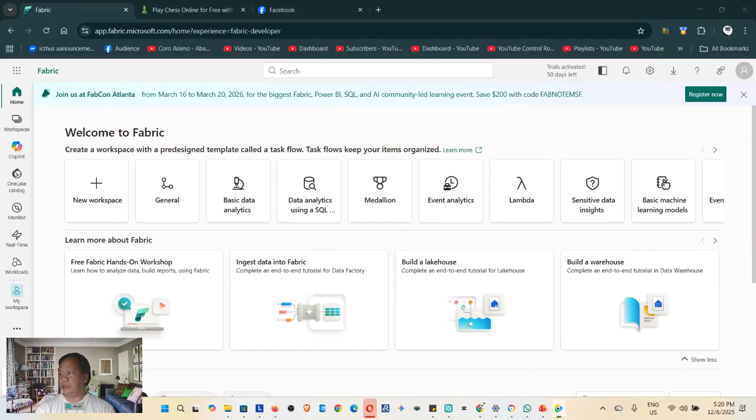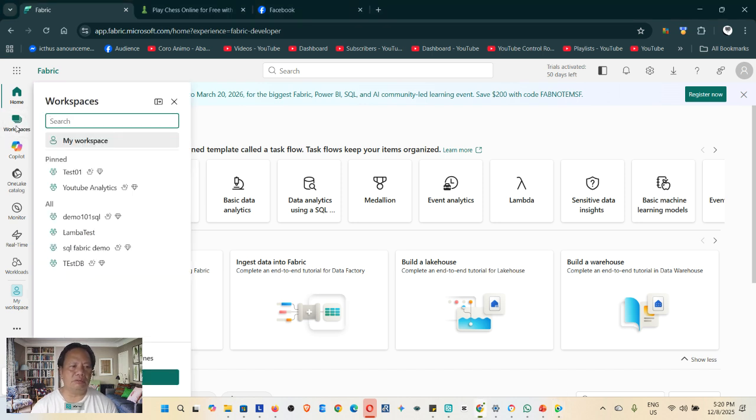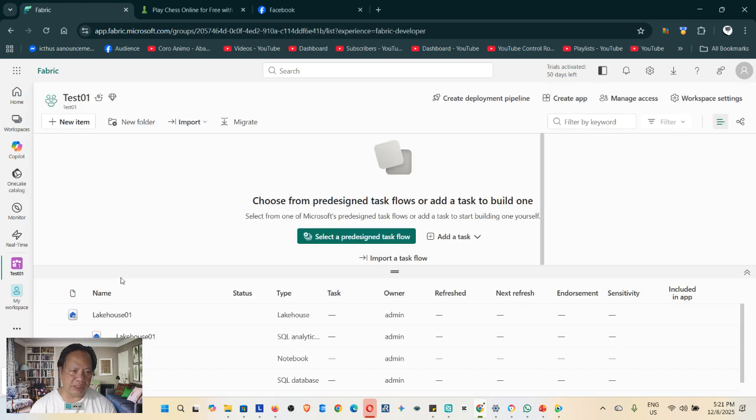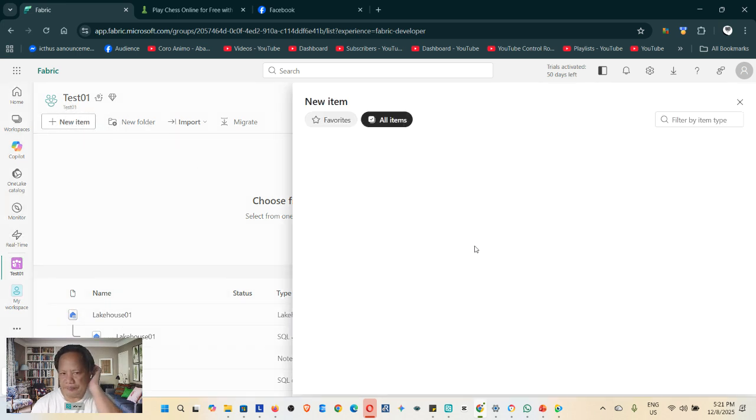So right now I'm here in the Fabric portal, and I already created my lakehouse. Basically, you need to go to your workspace. So we know what a workspace is: create a workspace, and then inside the workspace you can create your lakehouse there. I already created a lakehouse here, but you can create a new item, and then